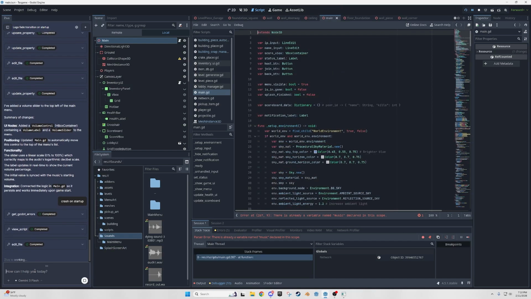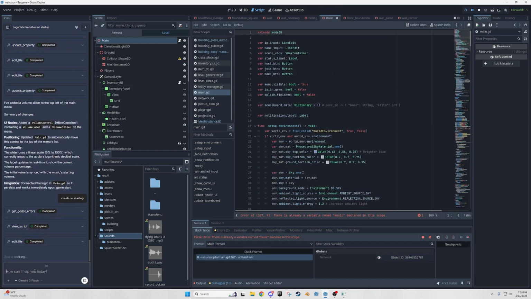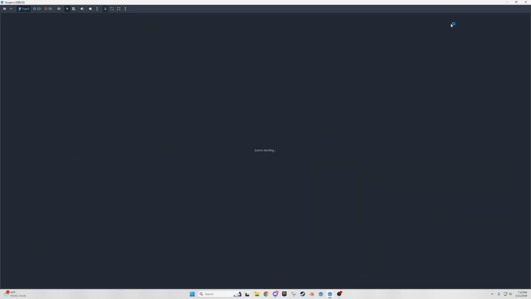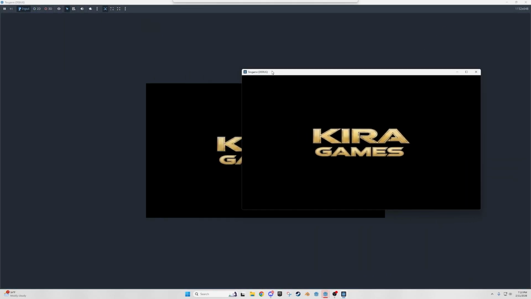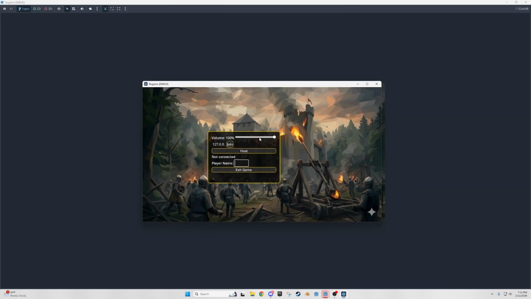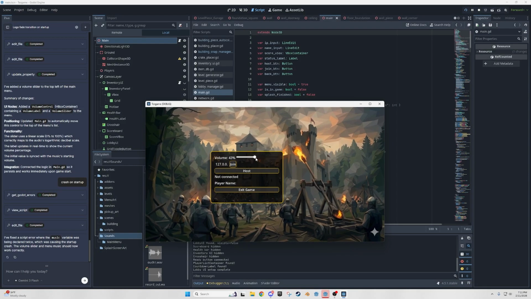So there are times where I guess it messes up, but it does a really good job. If you ever have any errors at all and you tell it to go look for errors, it will find them pretty much immediately. So cool. Look, okay. Let's see what it did. I'm actually very curious to see what's going on here. Oh, wow. Okay, so notice it's not working, but I have 2 windows open. Okay, we have a volume slider. Very cool.